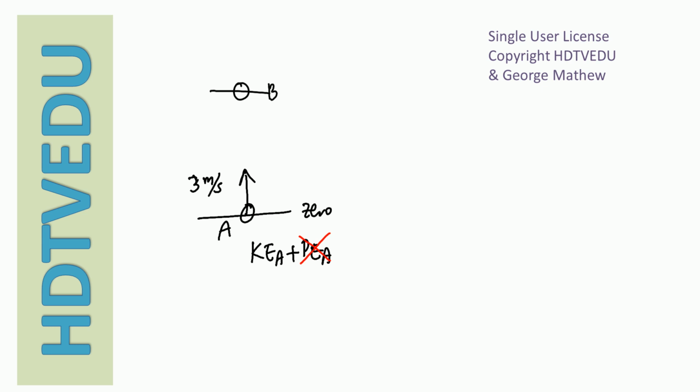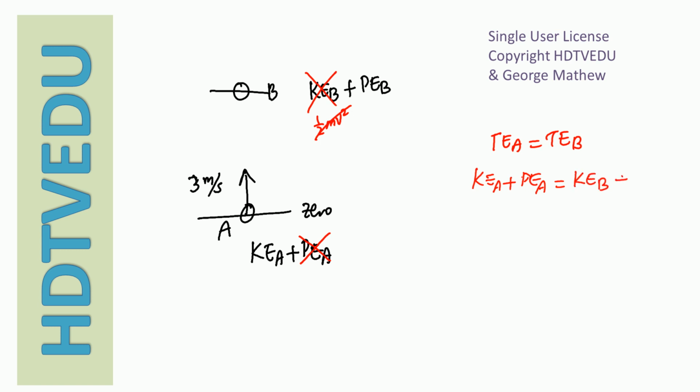At point B, what is the total mechanical energy you have? It is kinetic energy at B plus potential energy at B. When speed is 0, kinetic energy, which is 1/2 mv squared, will be 0. So what is the total mechanical energy at point B? It's all potential. What is the total mechanical energy at point A? It is all kinetic. So you set total energy at point A equal to total energy at point B: kinetic energy at A plus potential energy at A equals kinetic energy at B plus potential